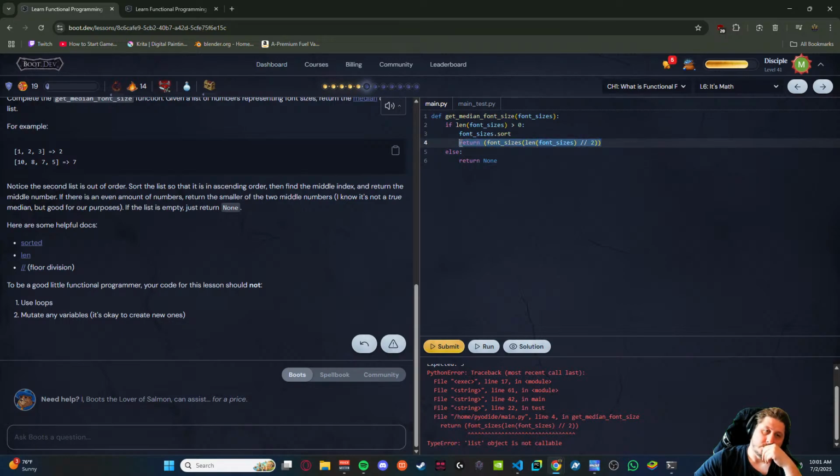So we do len of font sizes divided by 2, but what does that even give me?